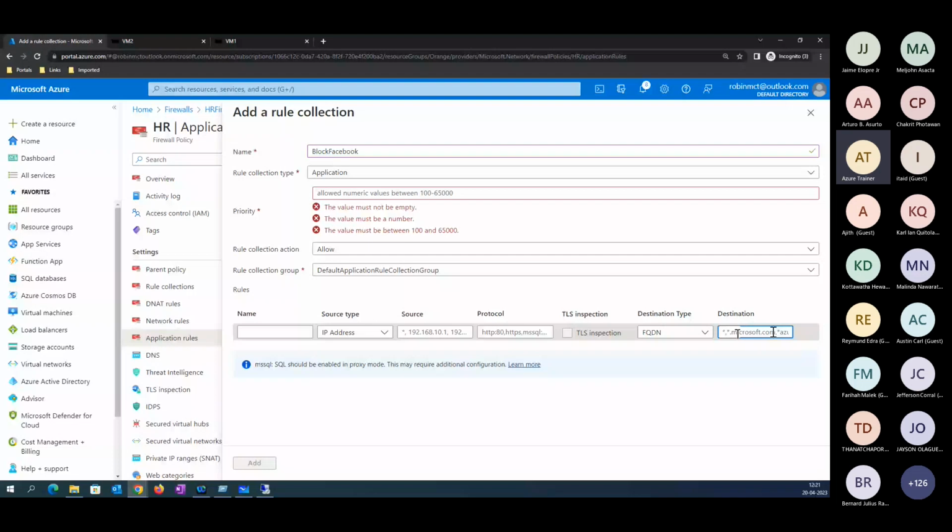And here you have two collections. It's not only for blocking, it can be used for allowing also. For example, if you want to allow a particular website, you can give those details in the destination port, and with the help of that, you can configure it here. So this is the way all the rule collections or firewalls are normally configured in the cloud. With the help of that, you can manage all the traffic management, which will allow you to put some kind of security in the cloud.